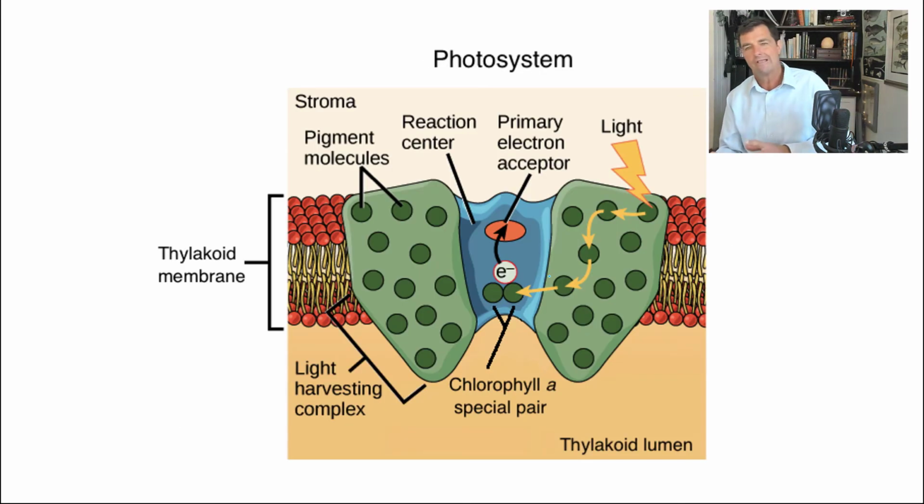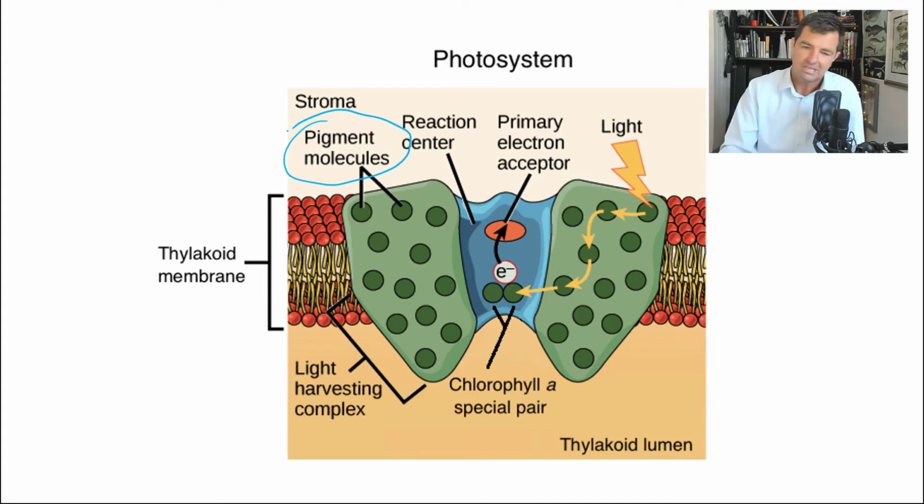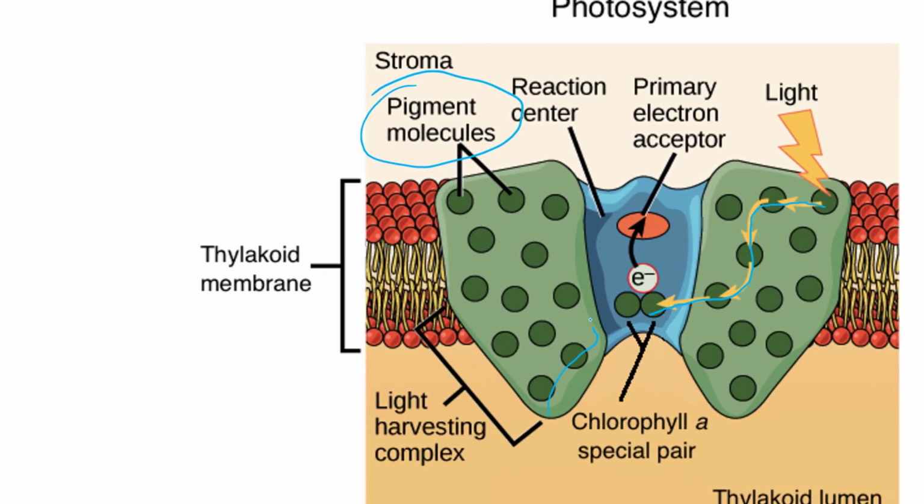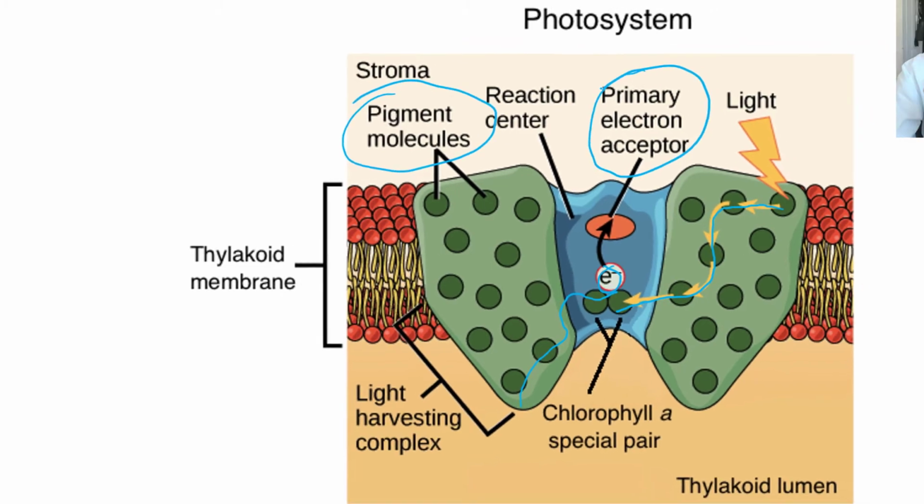Okay, this is a closer view of just a photosystem, what a photosystem is. So you can see that the pigment molecules, the chlorophyll, are scattered throughout this larger structure. And this happens to be chlorophyll A in this case. Basically what happens is the light hits it, and these molecules, which they often call antenna molecules, will direct that energy to the reaction center, where that high energy electron can be pushed to its high energy state and then be picked up by a primary electron acceptor, and that's then how it passes on.